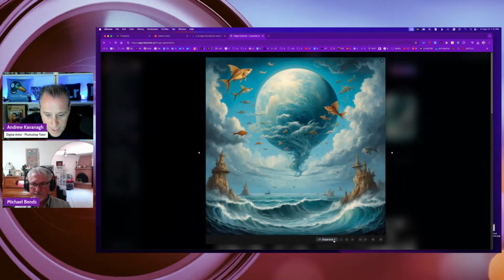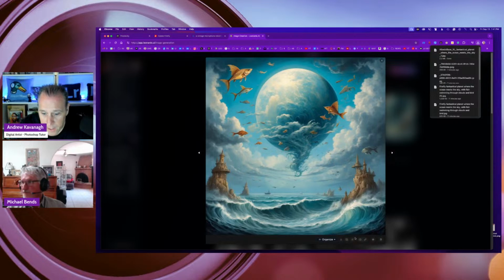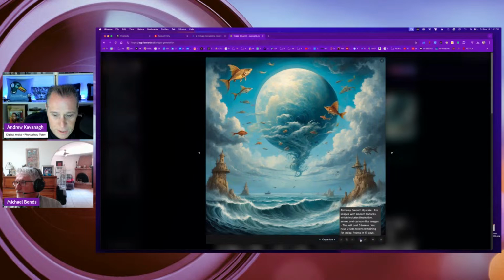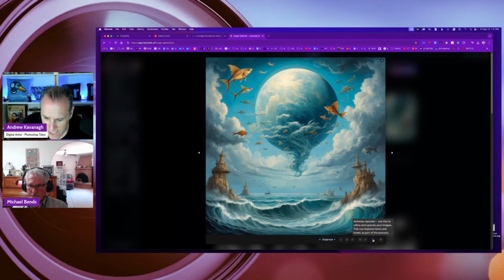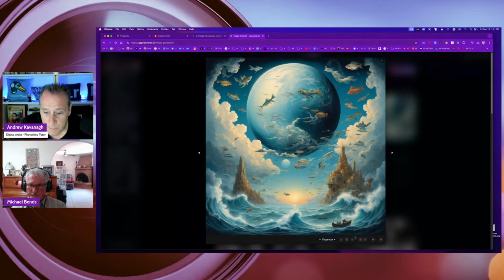So this is a nice one. And if you go to the bottom, you can organize it into a new collection, or you can click the download image button. Otherwise, you can remove background. There's an Alchemy smooth upscale, so you can upscale without losing quality or it becoming pixelated. And then there's a crisp upscaler, so there's smooth or crisp, and the general Alchemy upscaler. And then there's a delete image button, so if you don't like that series, you can get rid of it. That one's kind of nice too. I like the little boat in the front.